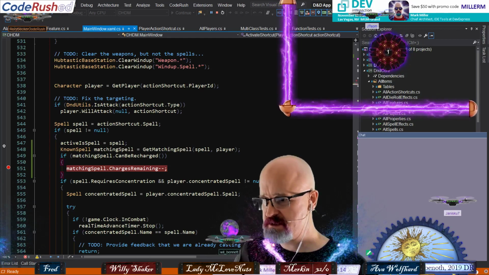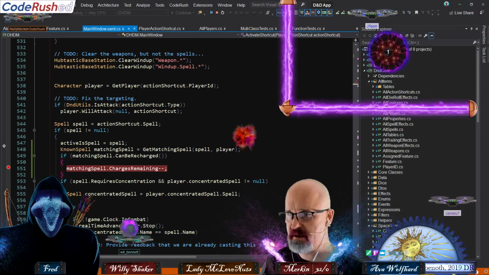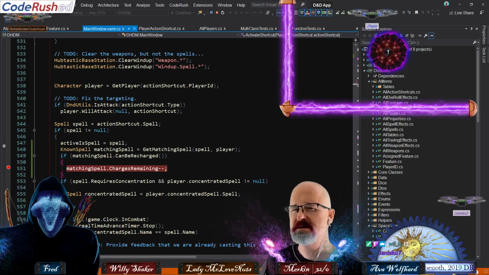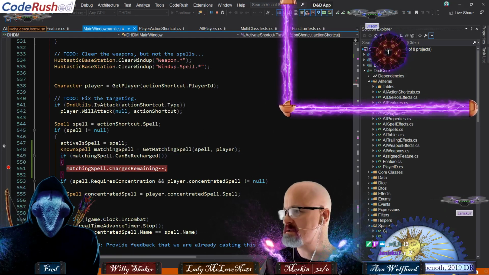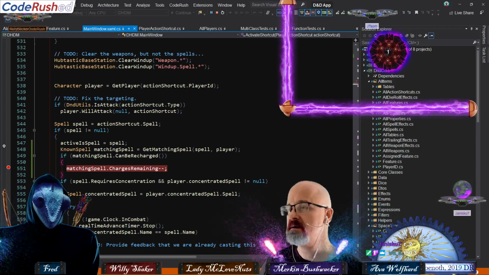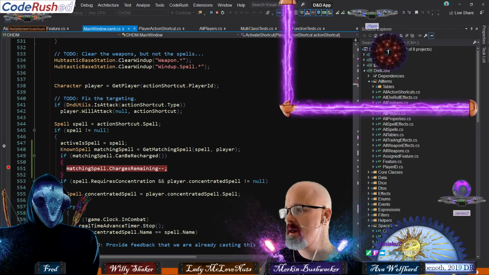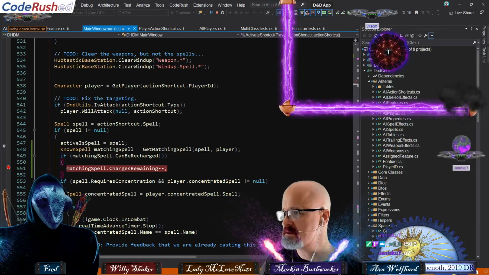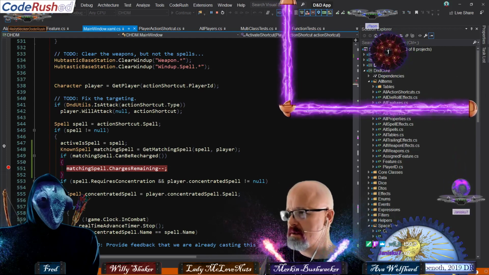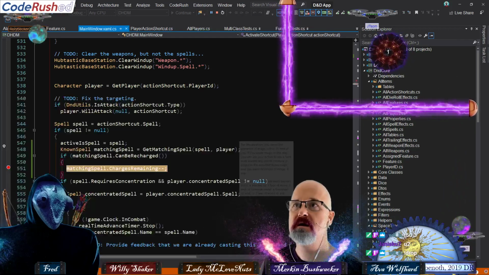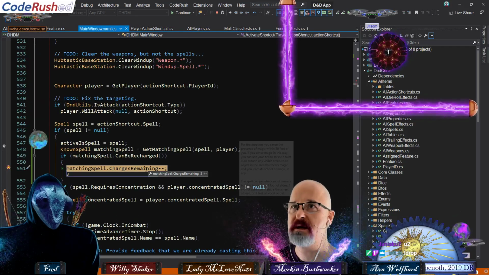Okay, switching back over to players here. And I clicked on initialize player data, I think. Yeah, I did. So we're waiting for that load to finish. Okay. And let's go fire off detect magic, which is here. Cool. Charges remaining is 3.